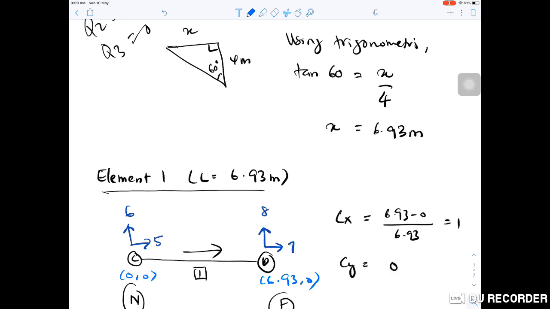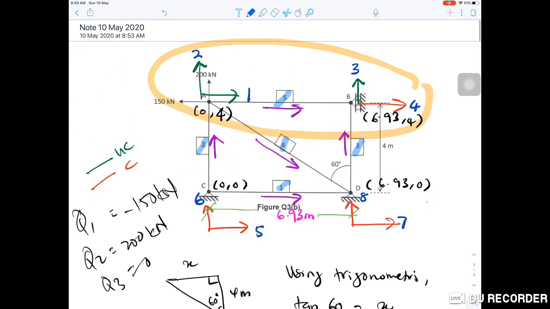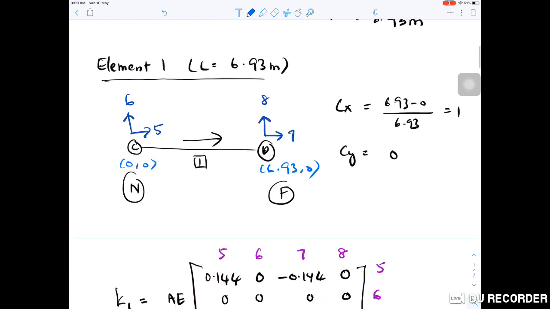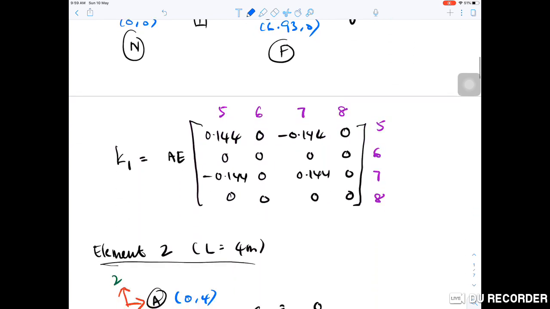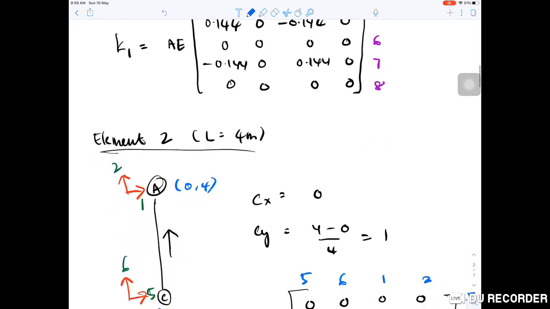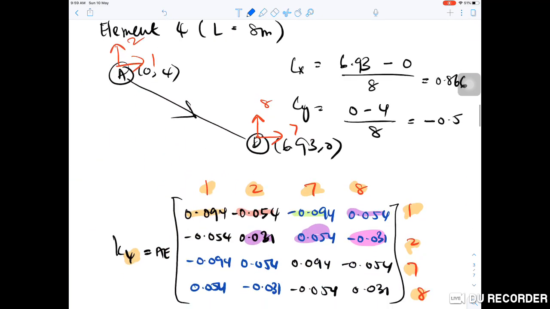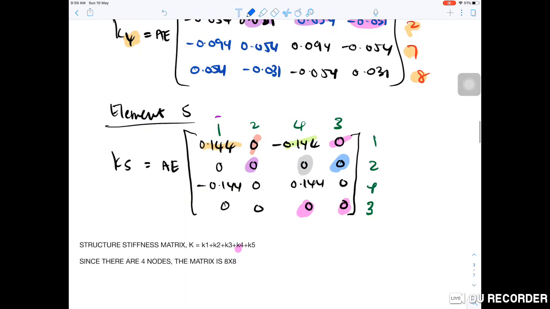This has 5 elements, so we have to establish K1, K2, K3, K4 and K5. Besides the values being important, because without the right values we cannot get the right structure stiffness matrix,